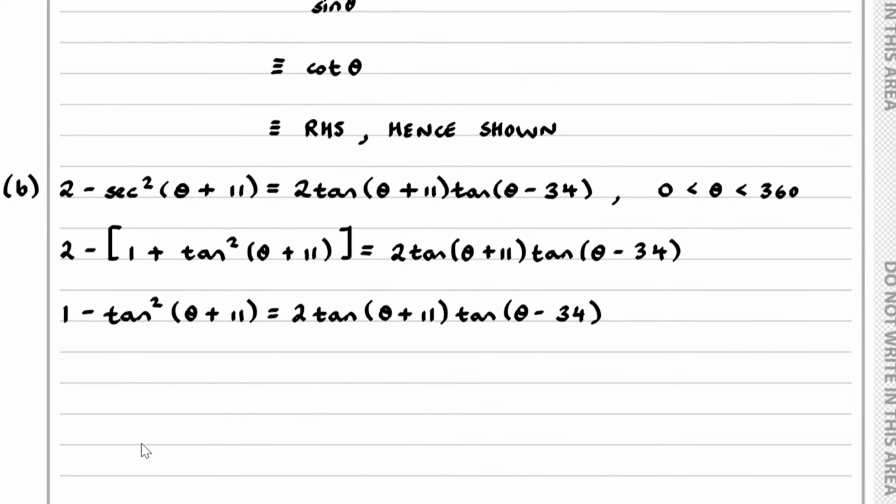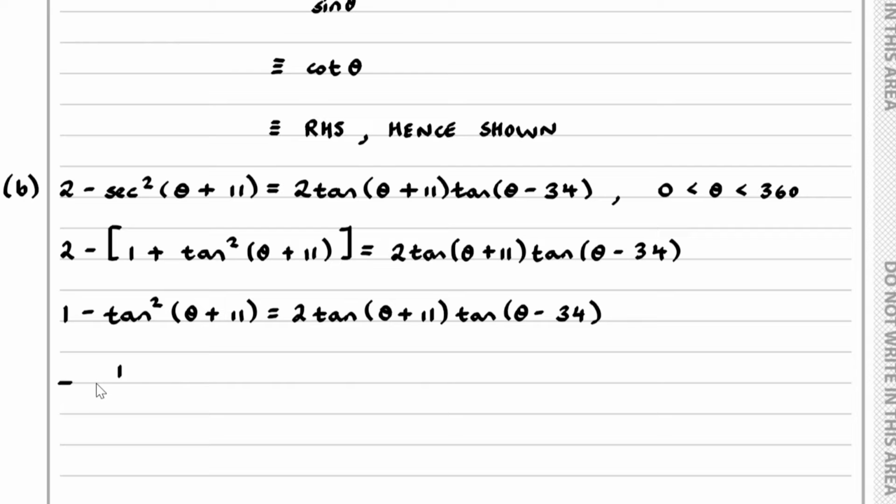And now what we can do is divide through by tan of theta minus 34 and 1 minus tan squared of theta plus 11. And if we do that, then we would have